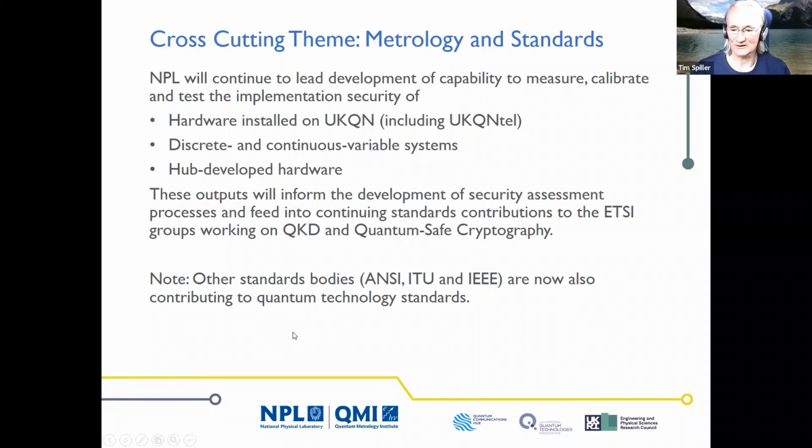Okay, so that's all of the 8 activities that we're doing in parallel. There are now 1 or 2 cross-cutting themes that I want to mention before I finish. The first one of these is a continuation from phase 1. So we want to continue our work on standards and doing the appropriate measurements to verify that the quantum communication technologies really do what they say they do. And so obviously the UK's National Measurement Lab, the National Physical Laboratory, is clearly the right institution to be leading this activity. And so NPL will be continuing their work on measuring various hub quantum technologies which are installed on the quantum network